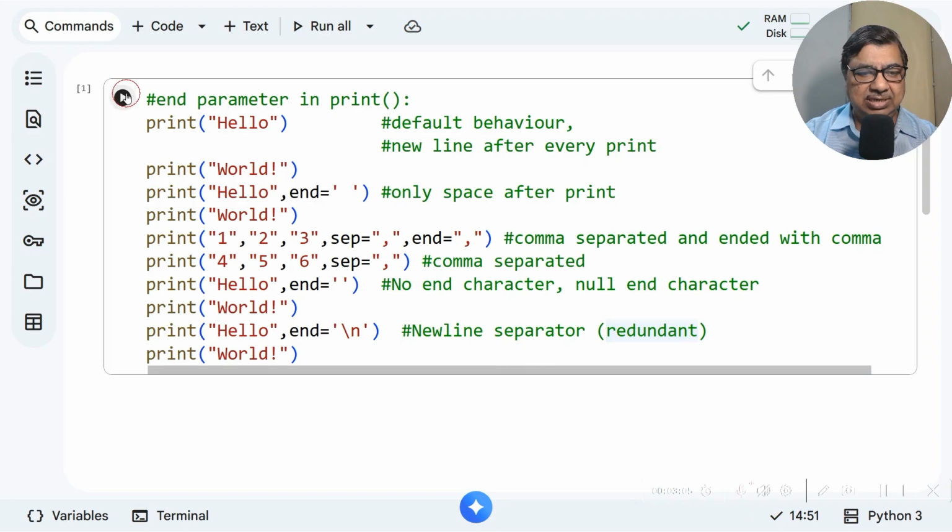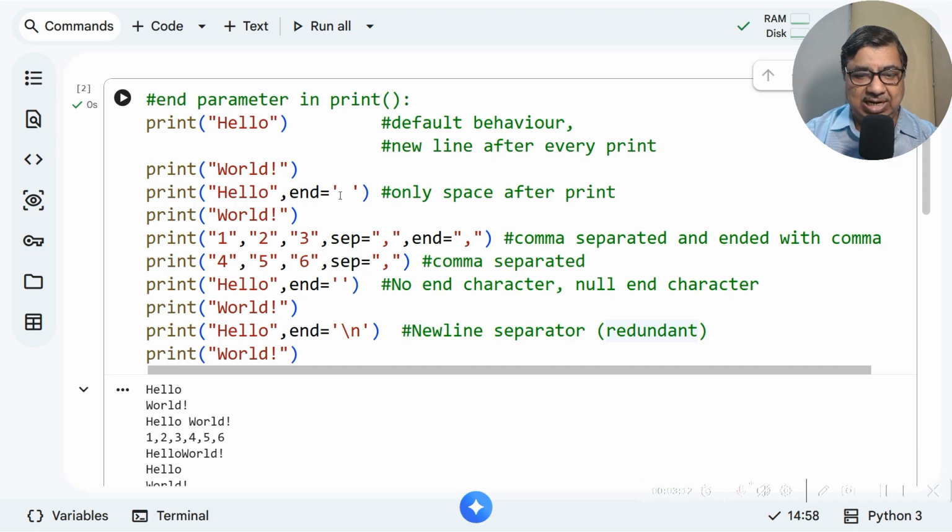So let us run this. Hello world in two lines because the new line is there. Hello world in a single line because this end character is a space here, and with the proper space it has come. 1, 2, 3 separator comma, and then after 1, 2, 3 there is another comma because of this, and then 4, 5, 6 and then separator comma.